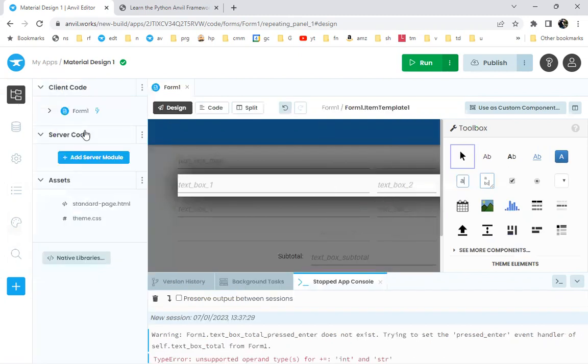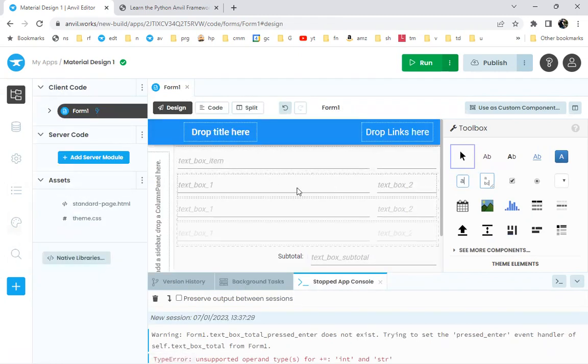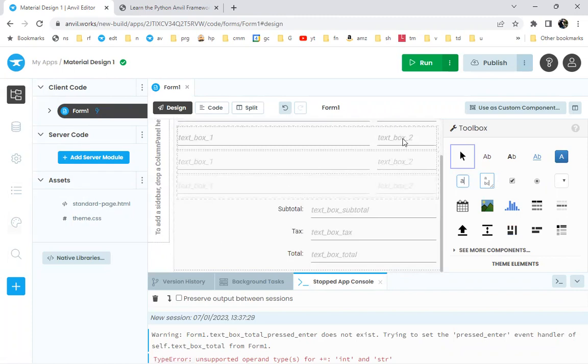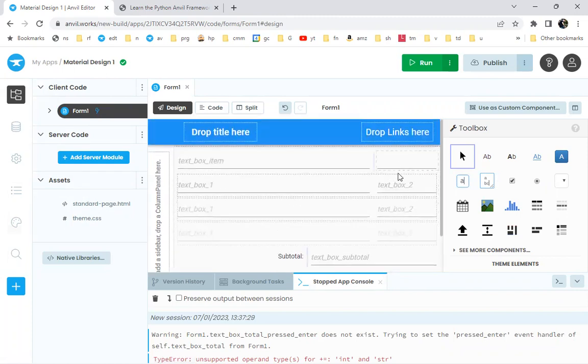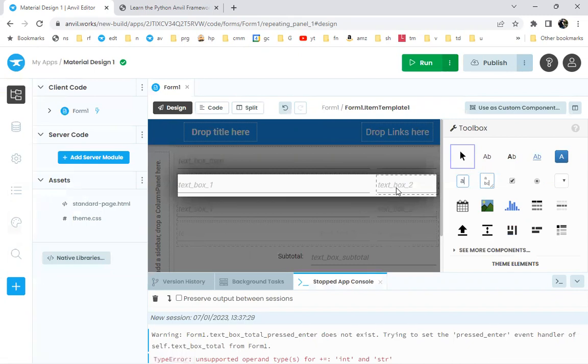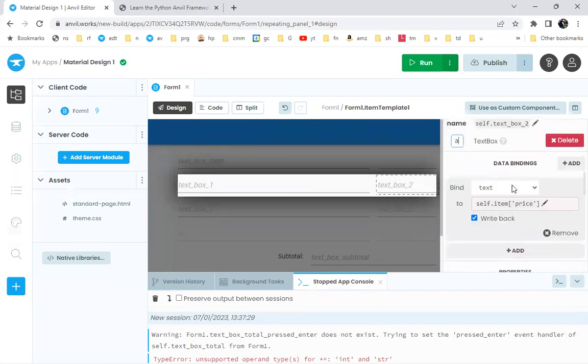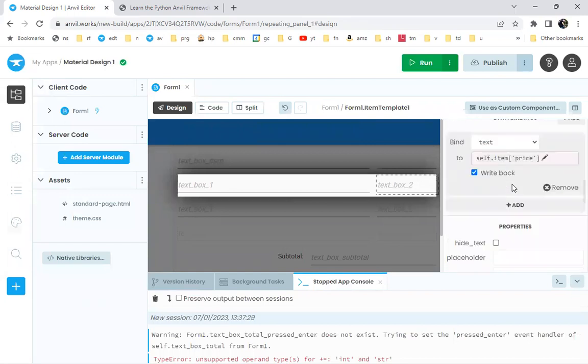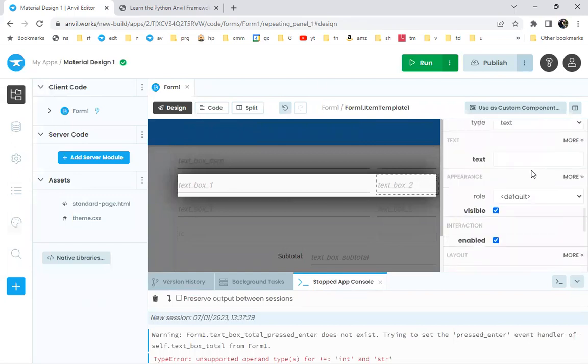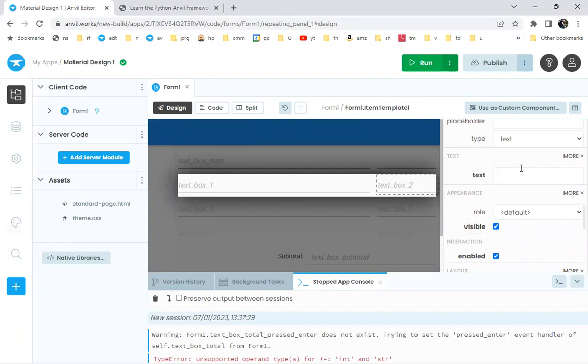Let's get this open so we can look at form number 1 and check that. What's going on here is that inside the repeating panel, this text box has not been set to be a number value. So we're going to go down to the properties and also set that text box type to be a number,